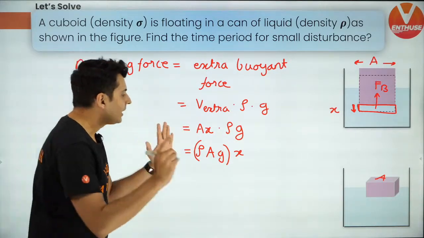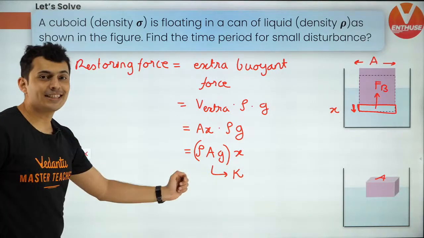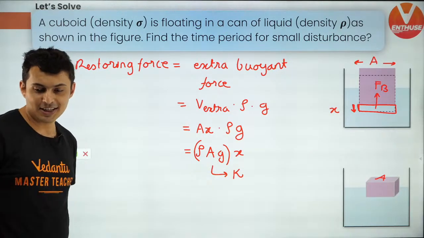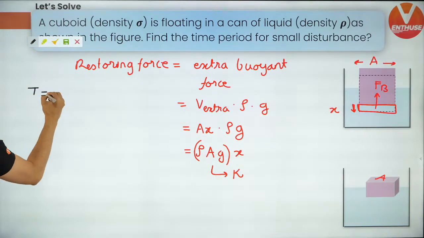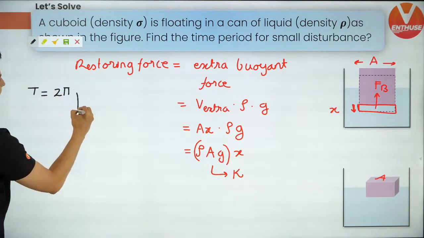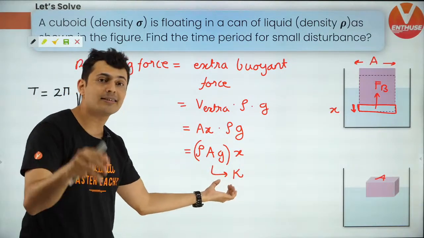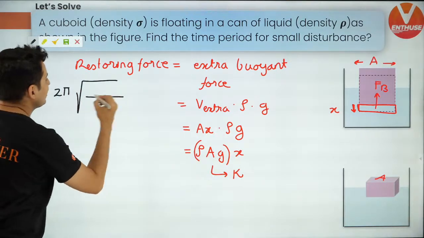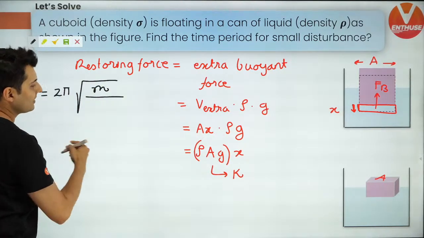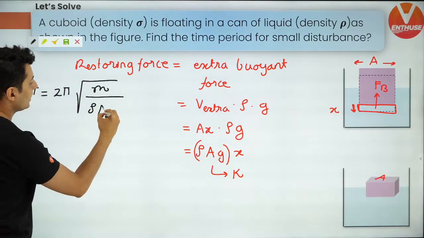Yes. Now what does this tell you? This is same as K, guys. This is same as the spring constant. So simple now. The time period will be 2 pi under root. The moment any force is proportional to X, that constant is like the spring constant. Remember that. So basically this will be 2 pi under root mass by this entire thing K, which is rho